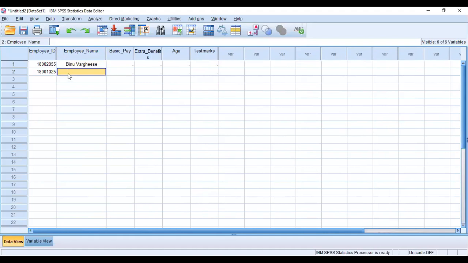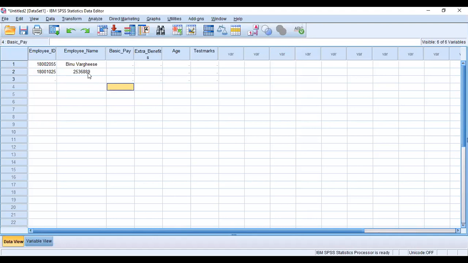Suppose I enter some numericals in this field, like 2 by 3, 3. It will show in the variable. Why? A string is a combination of alphabets along with numericals. If someone writes the name in numerical expressions, that can also be included in a string variable.